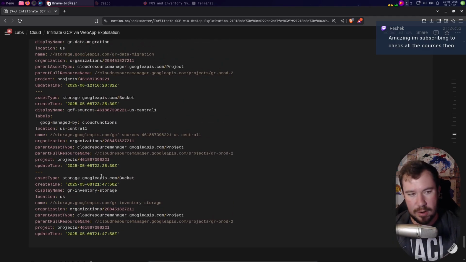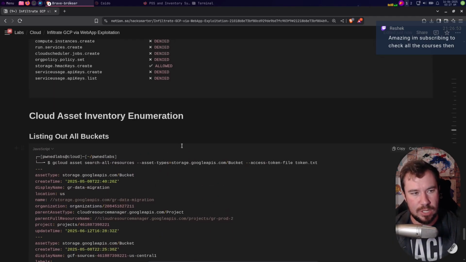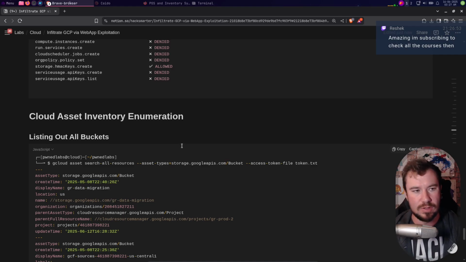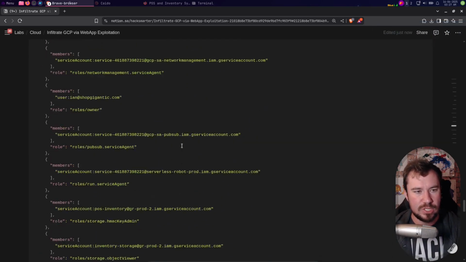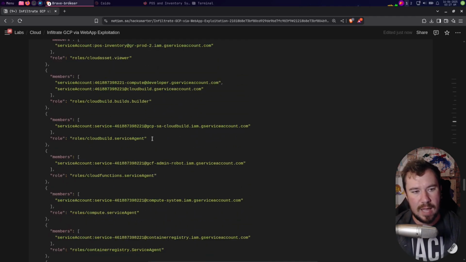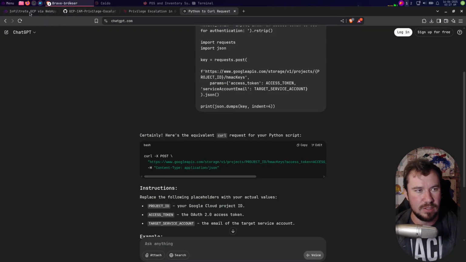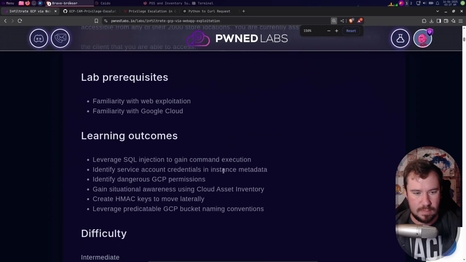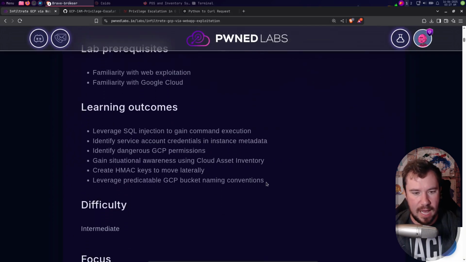Now remember, in part 3, the previous part, we began to enumerate IAM. Now IAM in the cloud is identity and access management, and you can think about that as users and roles and permissions. Well, we enumerated that and we tried to figure out what users are in this GCP project that we are able to target. Based on the scope of this, and I can show you if we jump back to the actual scenario, we can see our learning outcomes. We've completed most of these, but now we're here, creating HMAC keys to move laterally,